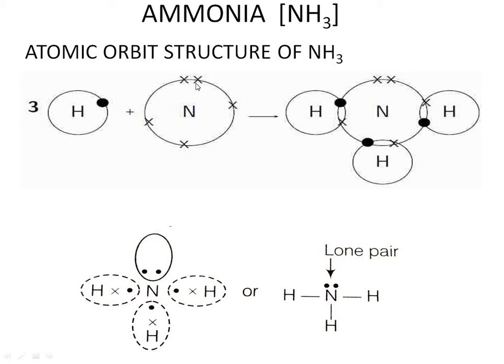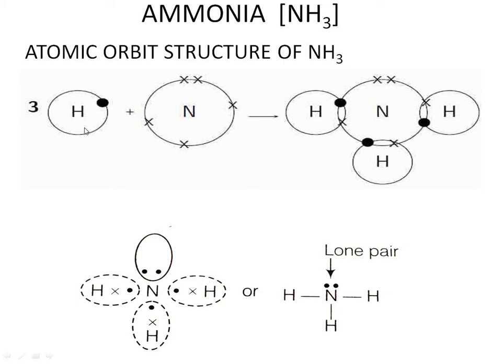The remaining 5 electrons we have drawn in the last shell. Of the 5 electrons, 1 electron pair alone is drawn as a pair. The other 3 are split. Why we are splitting is because it is going to share those electrons with the 3 hydrogen atoms. In such a way you have to draw the diagram. Keep it in mind that I am going to share 3 electrons of nitrogen with the 3 hydrogen atoms.